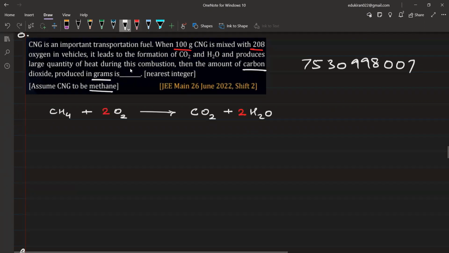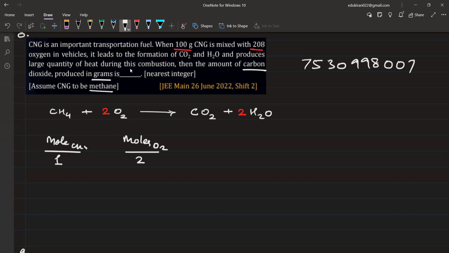You will get 2 moles of H2O and 2 moles of O2। Now CH4 का number of moles कितना हो जाएगा? Number of moles of CH4 divided by the stoichiometric coefficient, number of moles of O2 divided by the stoichiometric coefficient। इन दोनों को पहले कैलकुलेट कीजिए कितना आ रहा है। Calculate the ratio of both of these things। Number of moles of CH4 will be equal to what? 100 upon CH4 का मास कितना हो जाएगा? कार्बन 12 और 4 16। This is the moles upon coefficient ratio, 1 का 1 ही हो जाएगा, there is nothing else। ठीक है, this is the number of moles divided by 1, तो यही आ जाएगा।